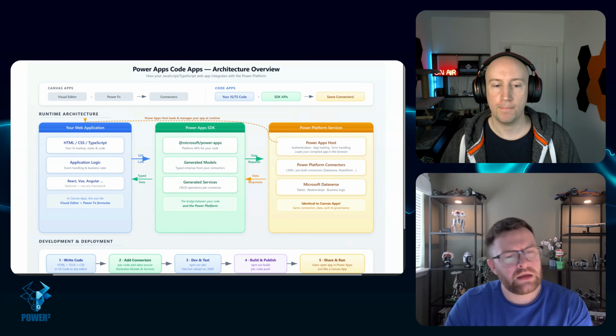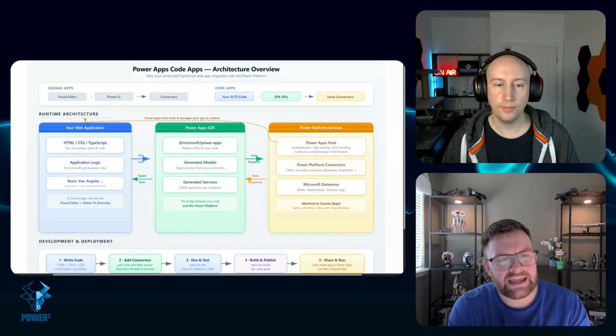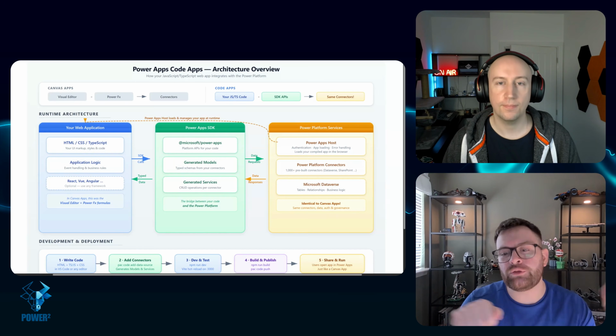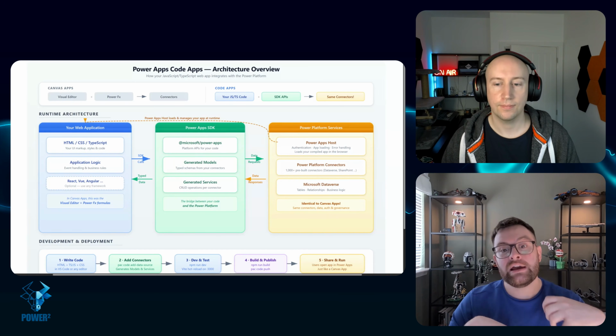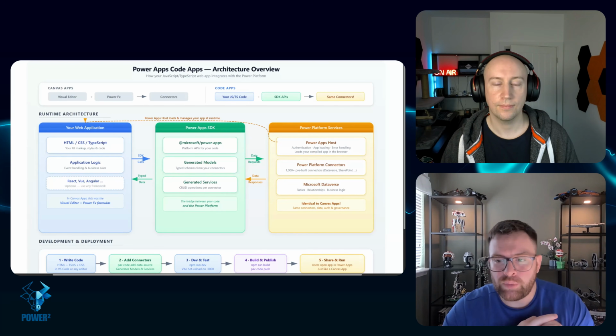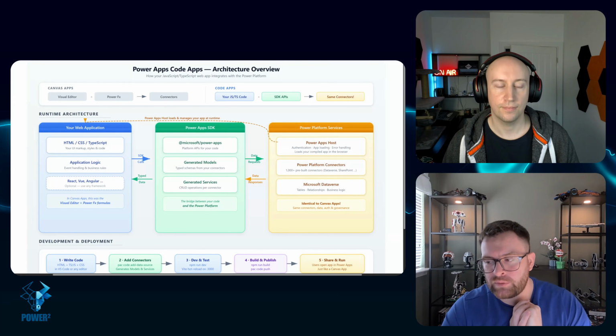Yeah, definitely. And the way I'm looking at this then is the SDK, the Power Apps SDK, is almost like the translator between the two. It's connecting the dots, making sure that everything can communicate in a proper way. So a couple of points I want to pick up on here,